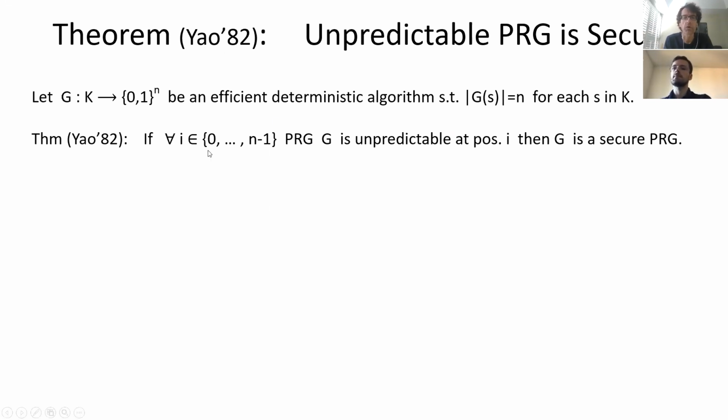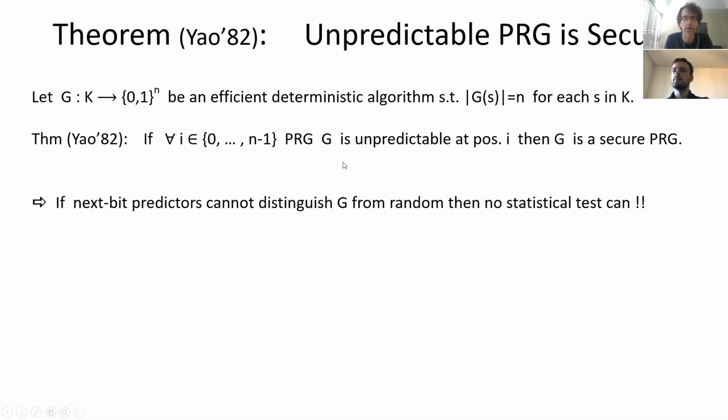Okay. Yao sort of proves that that is the case, but it is not an immediate proof like the other one. So what he showed is that basically if the next bit predictors fail, then there cannot be a statistical test, in some sense. So this was progress, because an attack on a PRG, you see, the way stream cipher works is that